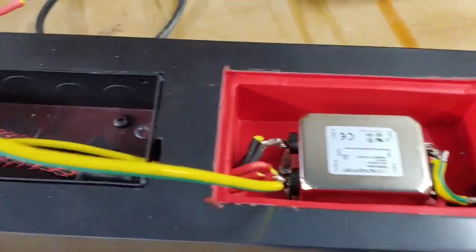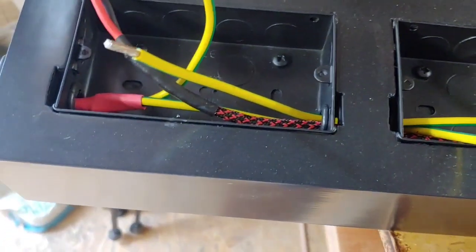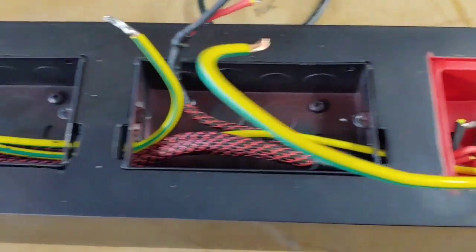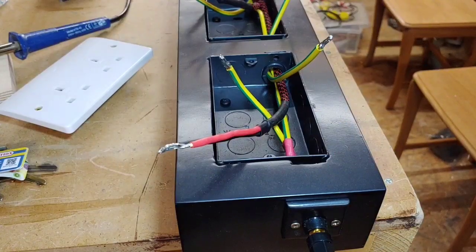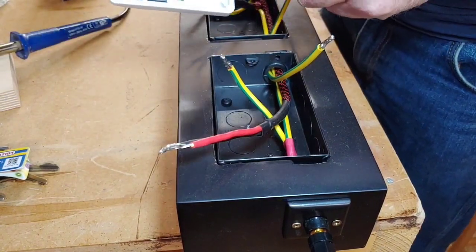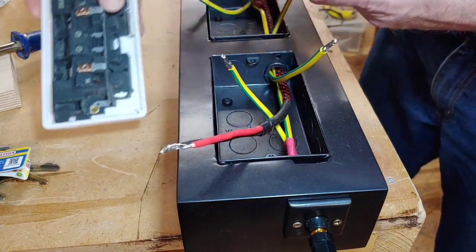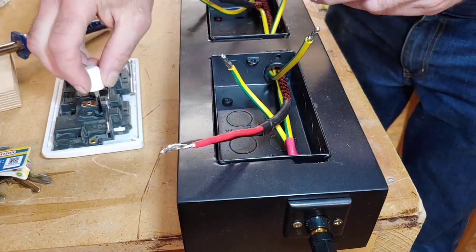Right, so here we go. This is it all ready now. So all we've got to do is fit our sockets in and put our feet on, give it a bit of a dust over and a clean up before we put the sockets in, and then the job will be finished. So we're at the stage now where we're going to fit the plug sockets on here. What I want to do first of all is put a bit of Pro Gold on the contacts. I've treated all of these plugs with